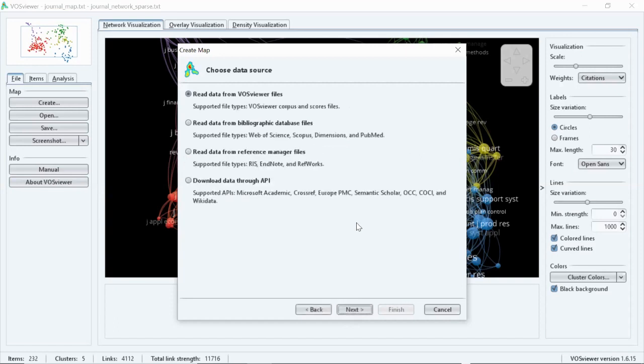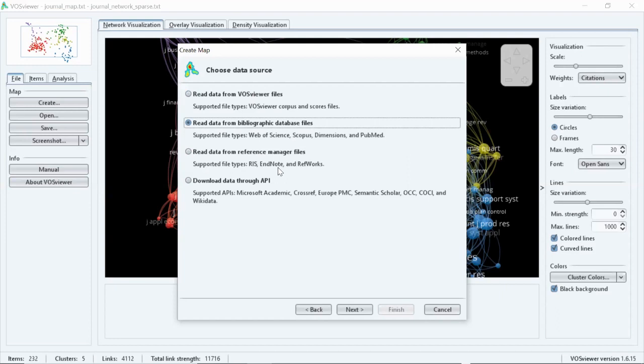Again, it is asking for options for importing data. Ours is Web of Science data, right? So we have to check the box, read from bibliographic database files. It also supports other data files, as we saw, and reference managers.